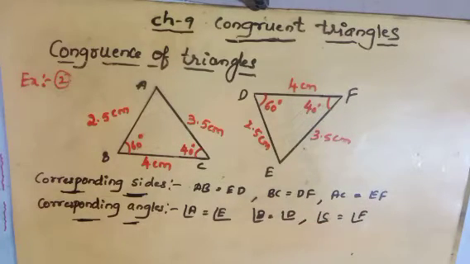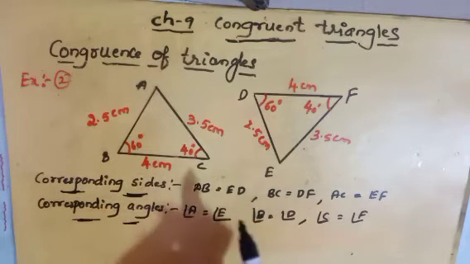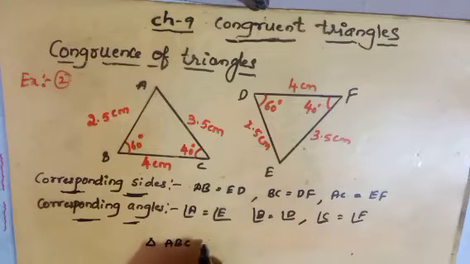So now we have written the corresponding sides and the corresponding angles. Thus we can say the two triangles are congruent. So let me write the congruency of the two triangles: triangle ABC is congruent to triangle